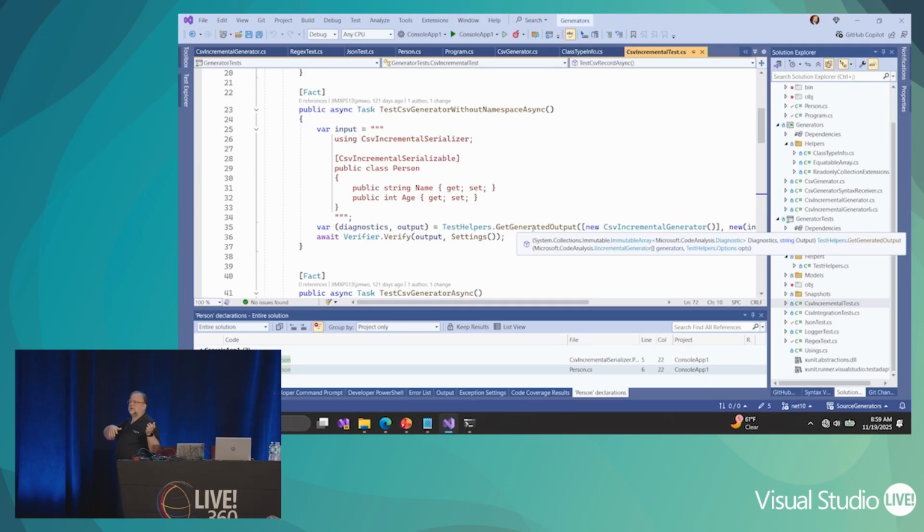And basically what Verify does is it saves out the output file for that thing. The very first time you run it, it's going to say, well, you didn't expect anything, but I actually generated this. Tell me whether this is right or not. And then if I want to change it to generate this other thing, then in your test output cached snapshot, which is right here,